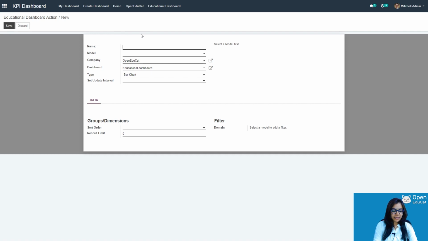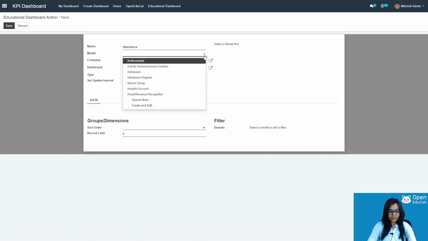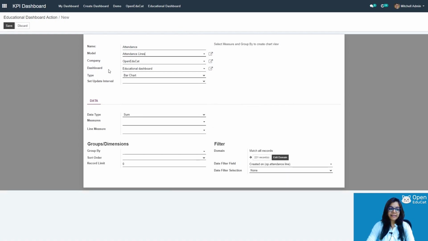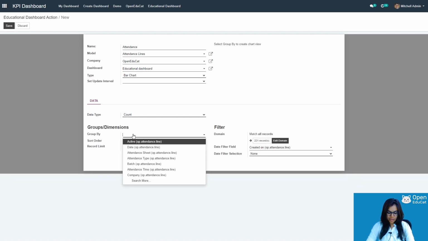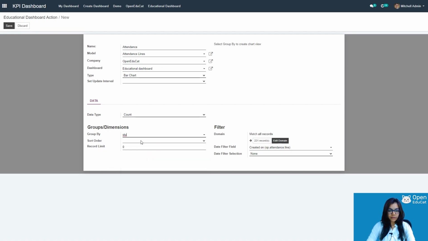I am giving that name attendance. Its model name is attendance lines. Company, dashboard, type is already there, and data type I am selecting as count. I want to do group by student.